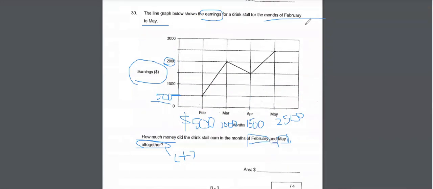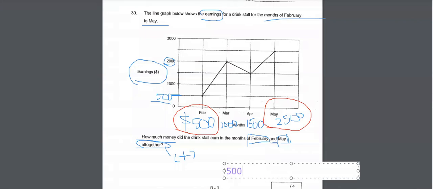So in February, we have 500. I'm going to change the color. In February, we have 500. In May, we have 2,500. So altogether, okay, let me use the text so that it's easier for you to see. Altogether, it will be 500 plus 2,500, which is equal to, so now you do your calculation and you will find out that 500 plus 2,500